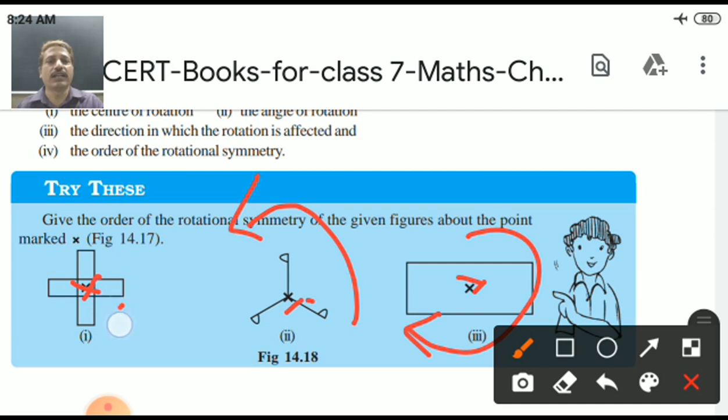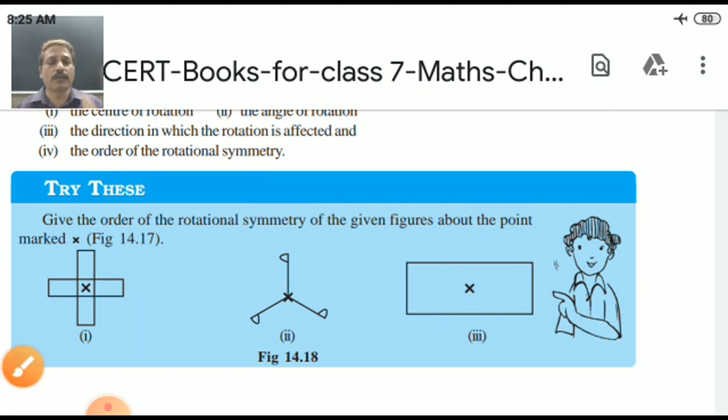Here it's 90 degrees because 4 sides are there. Here it's 120 degrees. Why 120? 3 times it is rotating. This is 120 degrees. I forgot to put the degree sign. You know where the degree sign is. Yes, my dear student, so be careful. Whatever the picture, according to that, this is the one. Say yes. Flag. The flag is moving in this direction.